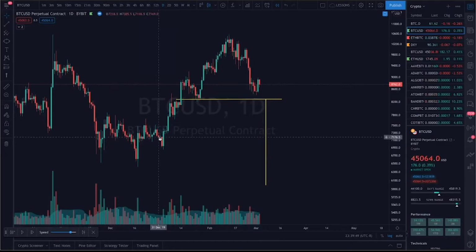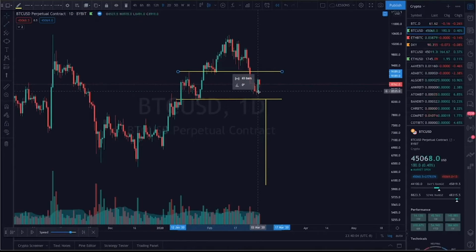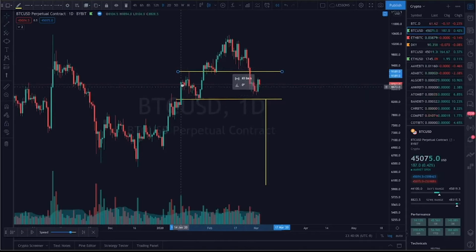Next, we want to identify any other potentially important areas of support and or resistance. It looks like we could have a nice area of resistance right here, which would line up with the left shoulder. We would be looking for the right shoulder to be symmetrical to the left shoulder, something around the same size. So this support and resistance line right here could help us identify the right shoulder in this head and